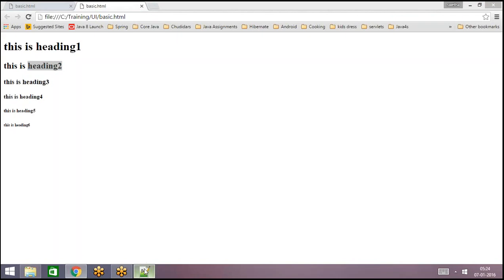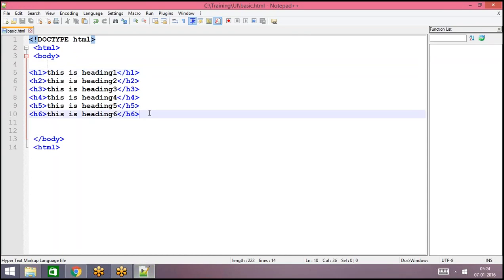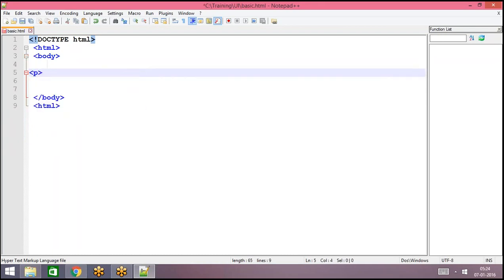And let us see how we can write a paragraph. We have already seen how to write a simple paragraph, and let's see some more details about this. First, I'm going to add a simple paragraph.